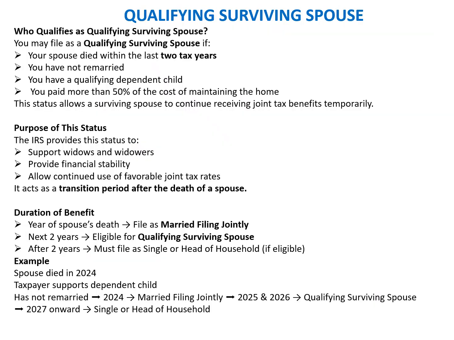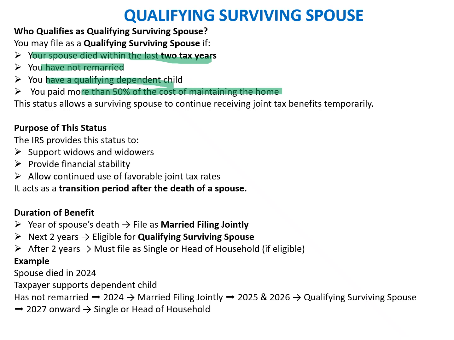Okay, now we'll talk about the last status, which is the fifth one, the qualifying surviving spouse. So what does this mean? Who qualifies for a qualifying surviving spouse? Your spouse died within the last 2 years of the tax year. You have not remarried, you have a qualifying dependent child, and you pay more than 50% of the cost of maintenance. So largely the same conditions as those of the head of household,